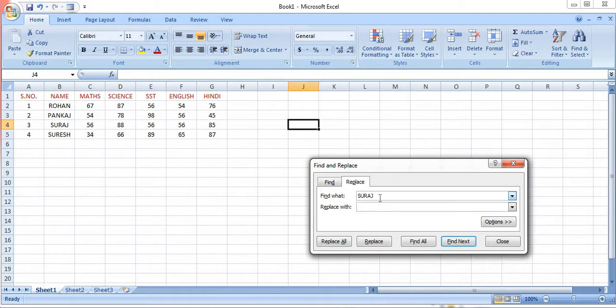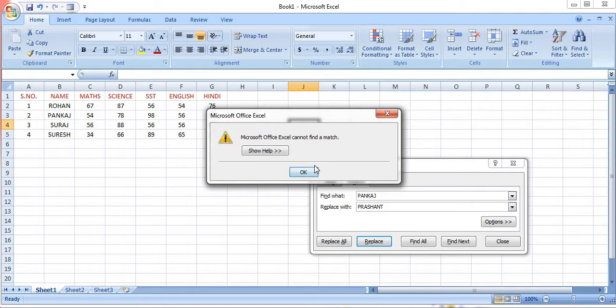Or suppose I want to change Pankaj: find what? Pankaj. In place of Pankaj, what do I want to write? Pankaj Verma, right? Or in place of Pankaj I want to write Prashant, right? So what I will do is click on the Replace option.